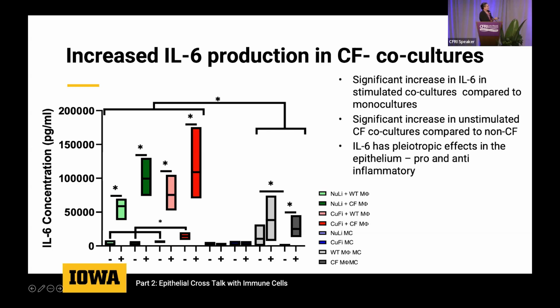So this is the CF with the CF macrophages. This is the CF with the wild type macrophages. And then these are wild type with CF, wild type with wild type and wild type with CF. But the take home is that co-cultures of CF with CF have increased interleukin-6. And this is when you stimulate them with LPS, you can see that this is significantly elevated in the CF-CF co-cultures. So again, suggesting that there is some interaction between the epithelium and the macrophages, leading to changes in pro-inflammatory